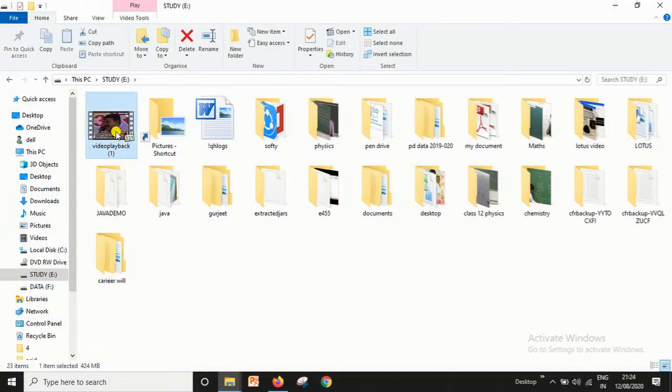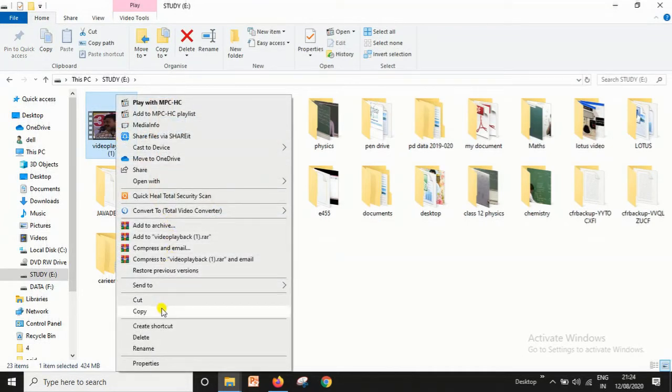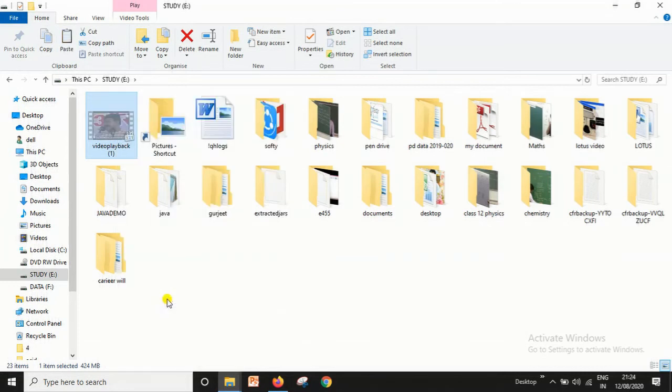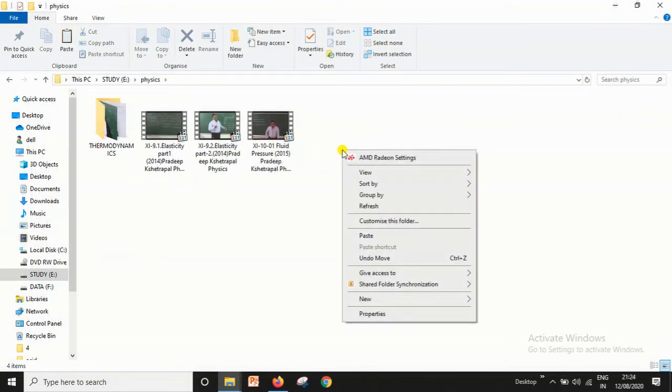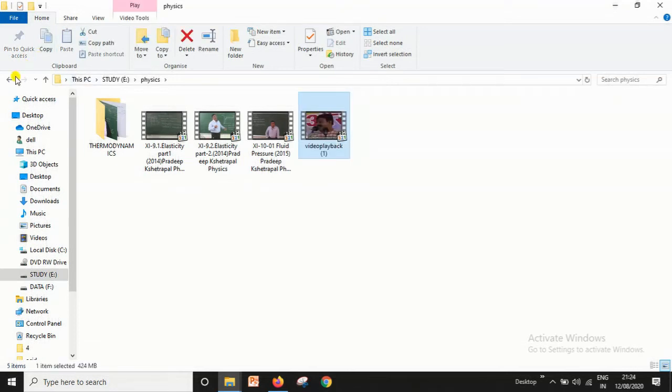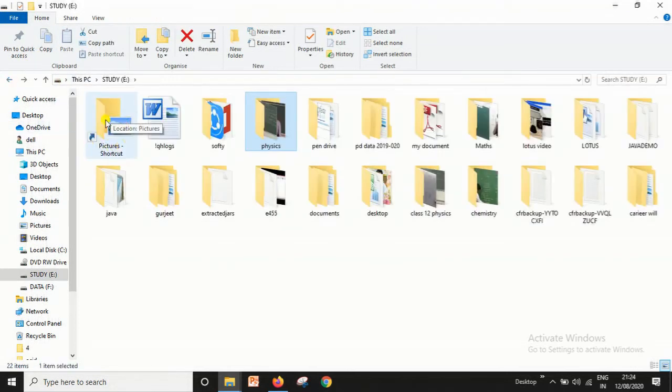I just left click on this file and then right click, and there are the options copy and cut. If you want to move, then do cut, open this folder, right click and paste it here. Now you will see this file is moved from here to this folder.